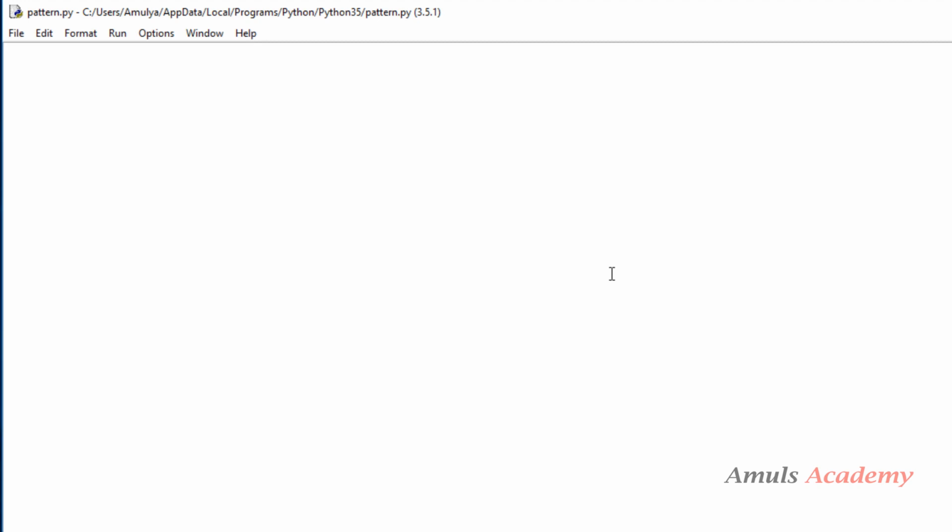First I'll take the string as "NO". We'll first print NO using stars, so I'll take that as str1. Here we can see this NO contains 2 characters, right? So we need to create 2 nested lists. I'll take the first nested list name as print N. You can take anything. In this I'll create